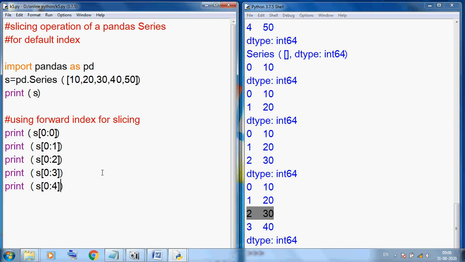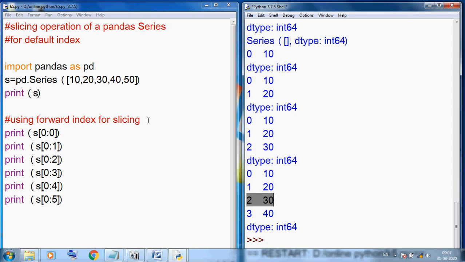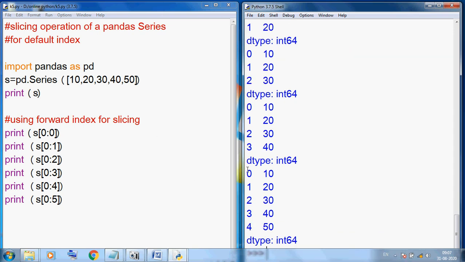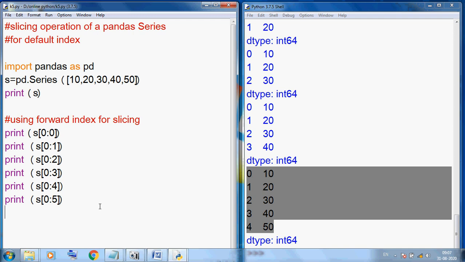Now I am using the last one, Control C, Control V. Here I am using 5. You can see our minimum index 0, 1, 2, 3, 4 and 5 means one less, so 0 to 4 will display. F5. You can see our starting to last. So we can use all the values, multiple selected values, using a slice.